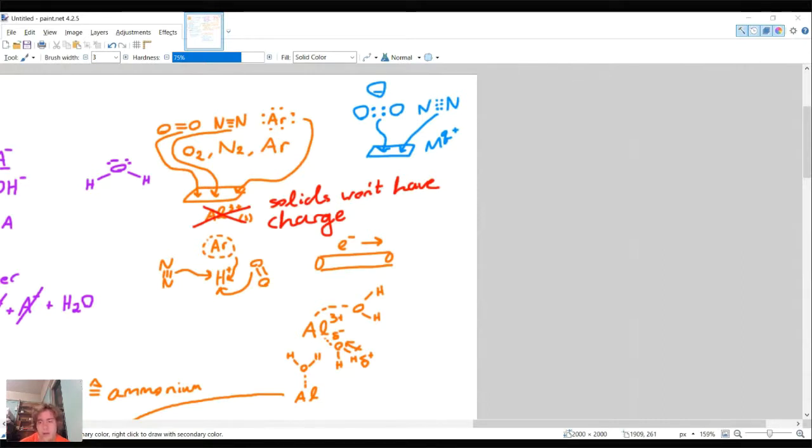What's confusing? So the oxygen, there's an electron-rich region in the oxygen, and that'll attack anything with a positive charge because the electron-rich region is negatively charged, and opposites attract, so the positively charged metal is going to be attracted to the negatively charged electron-rich region. And in the same case with the nitrogen, there's an even more electron-rich region in the triple bond, which can attack the positively charged metal as well.